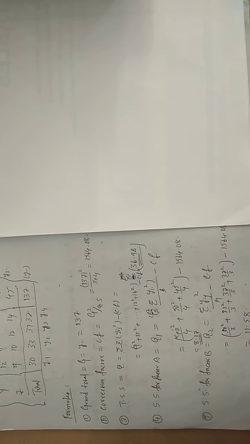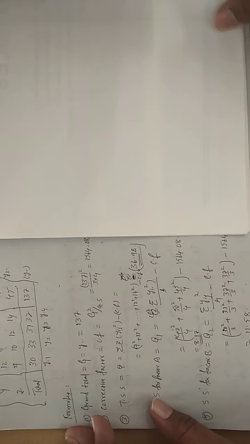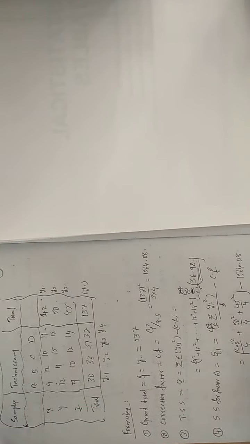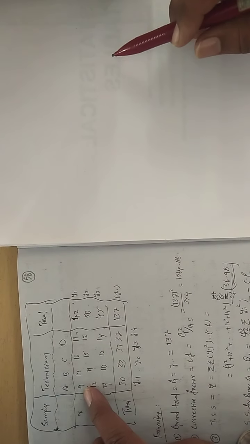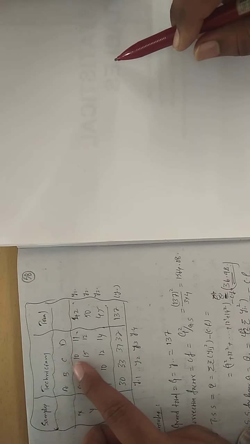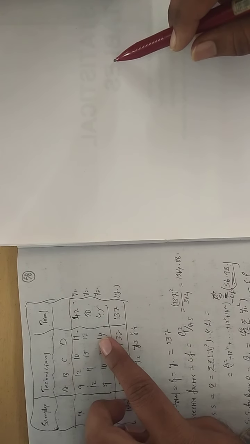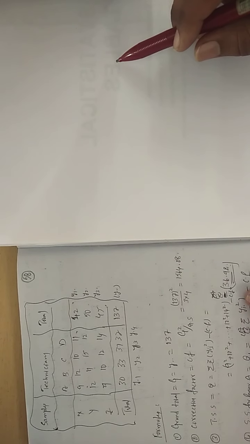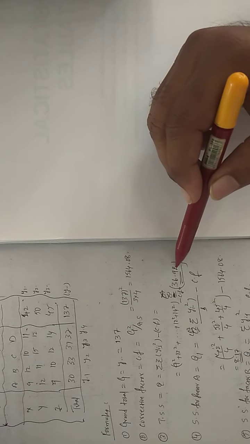Now go for a very important calculation, a very big calculation. What is the total sum of squares? So Q, how to get the total sum of squares? Double sigma yij square minus CF. That means each element should be squared and added. 9 square plus 12 square plus 10 square plus 12 square plus 14 square, all the values, minus CF. So how much are you going to get? 36.92.